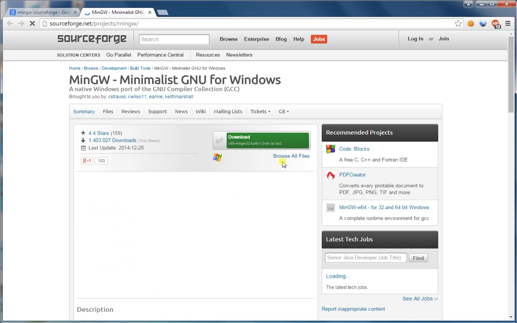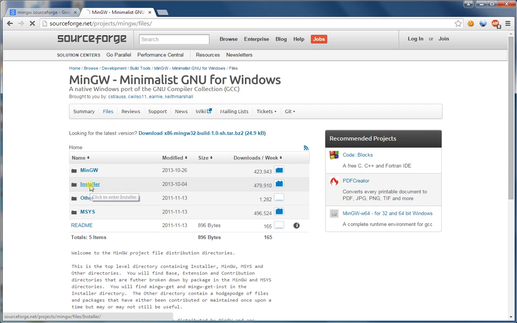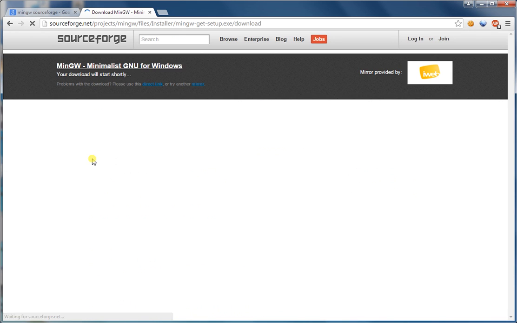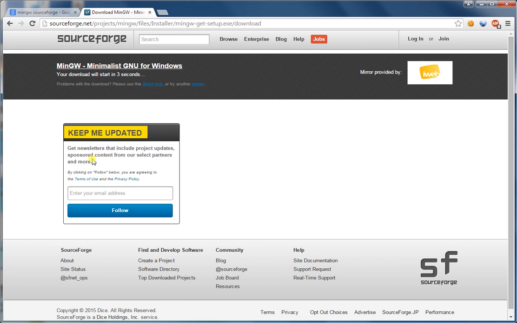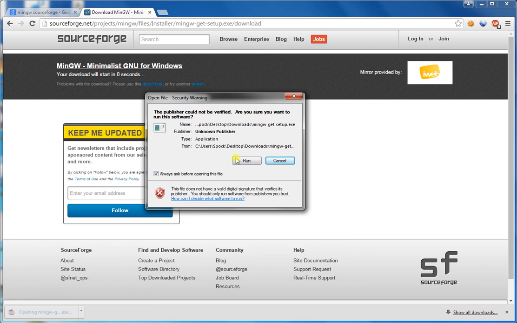And we'll need to browse all files because we need to download the Windows installer. Go to the installer directory, and as soon as that loads, we can click the MinGW get setup.exe file to download our program. And it's a very small program, should only take a couple of seconds to download. And as soon as it downloads, there we go, I will run it. Click run